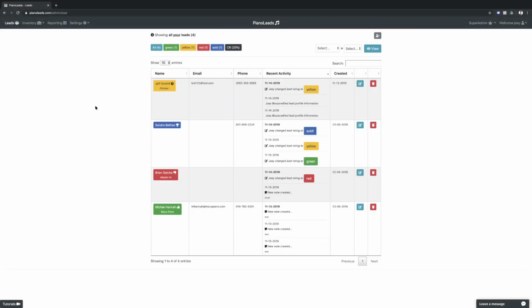Here at the beginning, this is your main leads dashboard. You're always going to land here after you log in, and this is going to give you a line-by-line summary of each lead that you have. So on this screen, the first thing that you're going to notice here